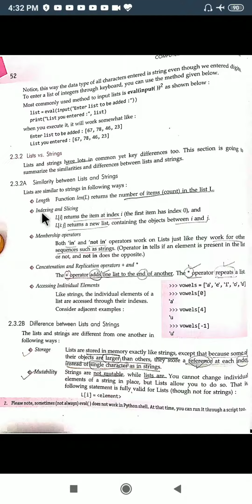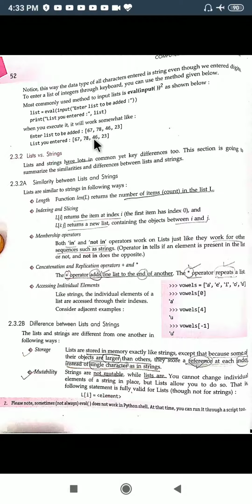Then the next basis on which we can say they are similar is indexing and slicing. As we know, we can refer to each element of the list or each element of the string with the help of indexes. This is the 0th index, that is, the first element. This is the first index, or second element.